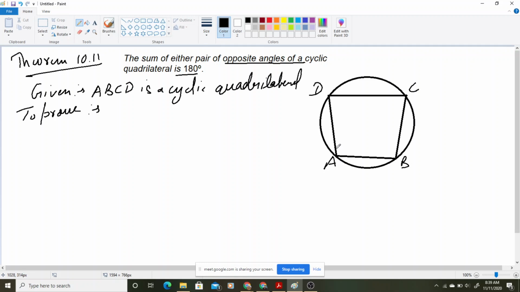That means if you are doing angle A plus angle C, you can take any pair of the opposite angles. So angle A plus angle C is equal to 180. Either you can show angle B plus angle D is 180. Means see, this is a property also. Whenever you are having a cyclic quadrilateral, अगर तुम्हारे पास कभी भी एक cyclic quadrilateral आता है ना, तो उसके opposite angles का sum क्या होता है? 180. That means if angle A and C are there, the sum of these angles is 180.